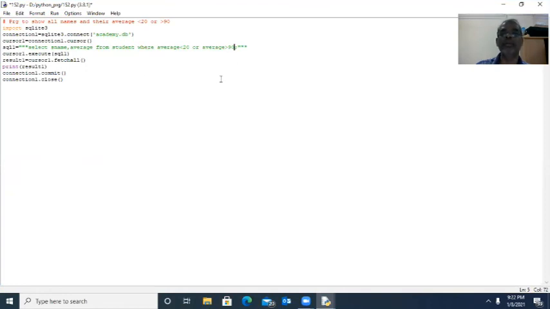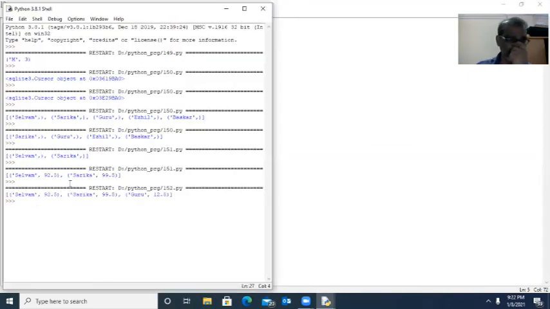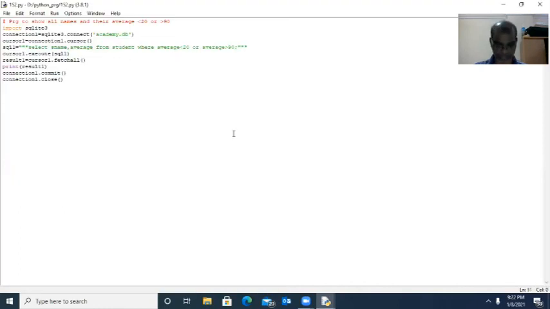Records whose average is in between 20 and 90 will not be displayed. So Selvam 92.5, it is greater than 90. Sarika 99.5, it is also greater than 90. Guru 12.5, he got less than 20. The records that lie in between 20 and 90 will not be displayed. Okay, that is the usage of or.